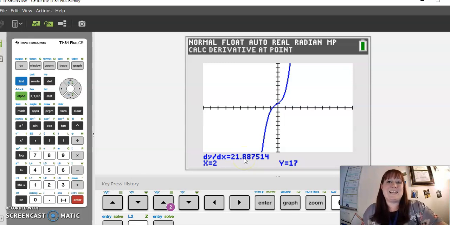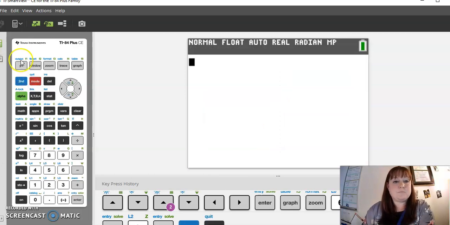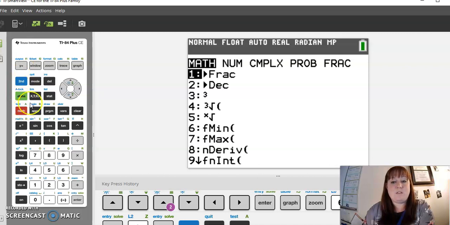But this is not the best way to calculate the derivative. In fact, like I said, it only works some of the time because it's accurate, but a lot of times you need something different. So there's a couple different things we can do. The other way we can do it is we can actually use the math menu. So you go to math, and you come down to nDeriv,